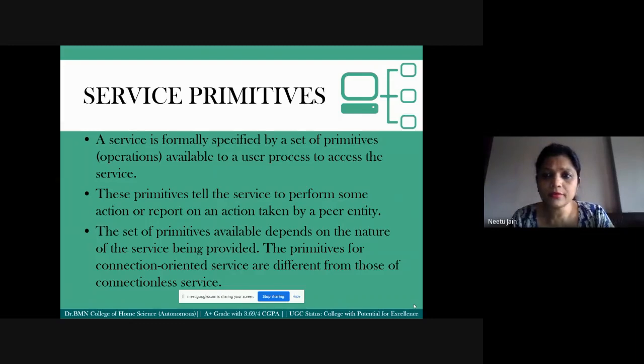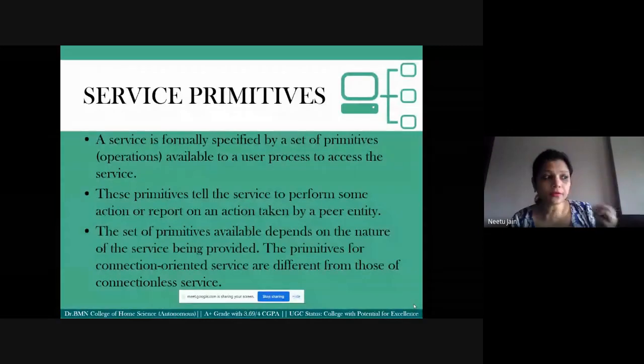So let's see the textbook wording for it. A service is formally specified by a set of primitives, nothing but operations available to a user process to access that service.